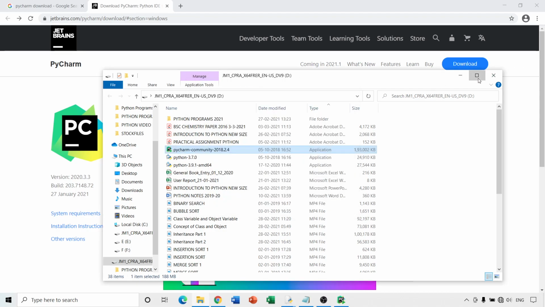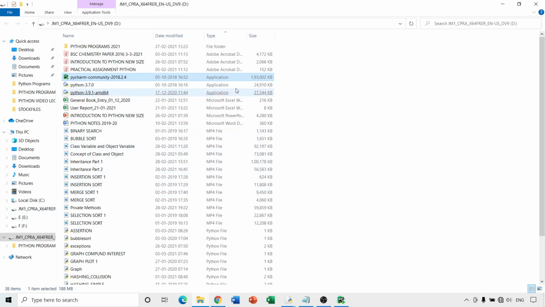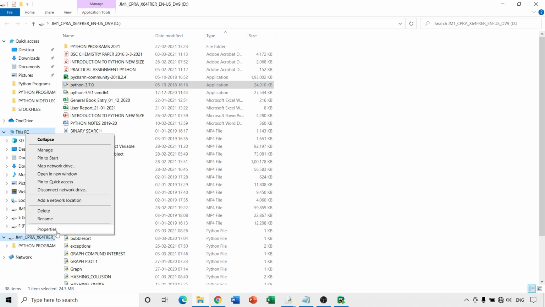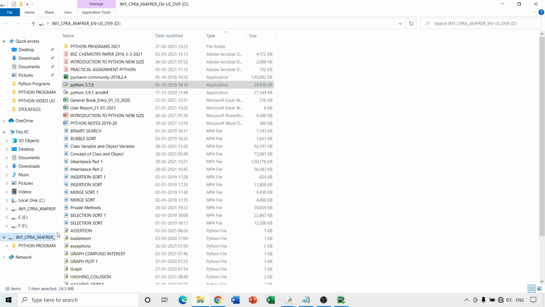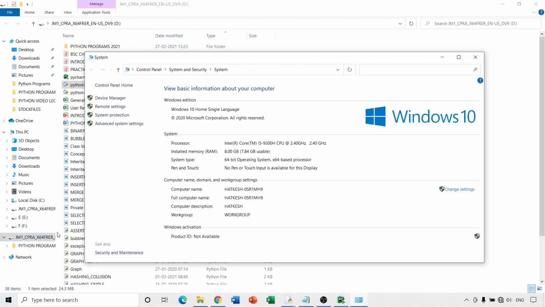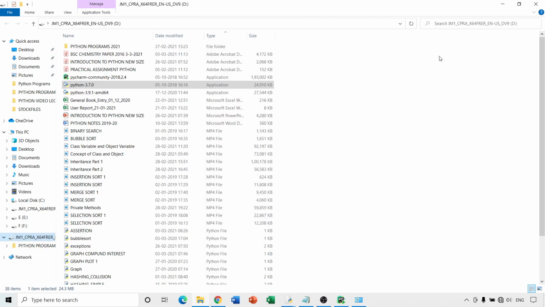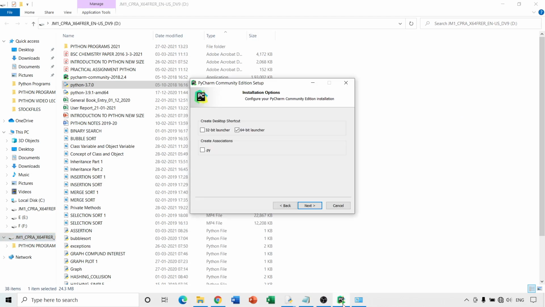Say, for example, you can go to My Computer, This PC, and select properties. When you select properties, the system type will be displayed: 64-bit operating system and 64-bit based processor. So both the things are matching. Hence, you need to use a 64-bit installer as far as PyCharm is concerned.